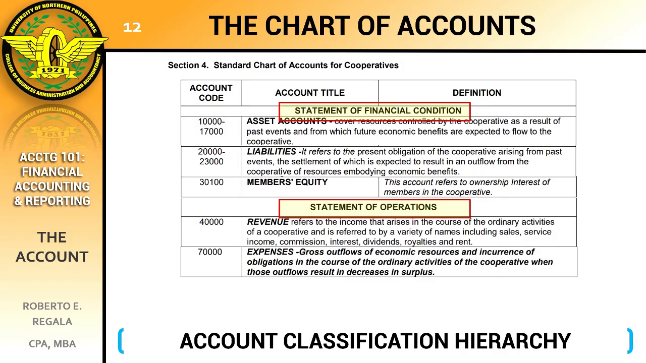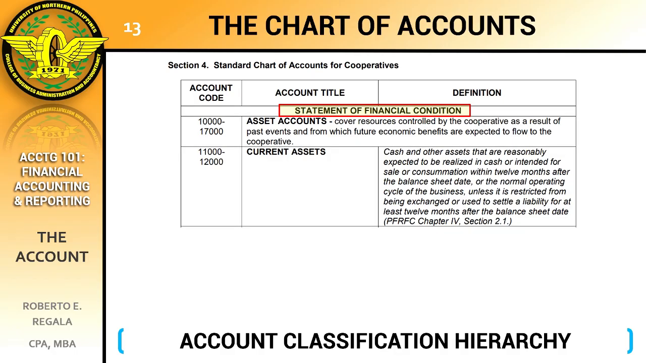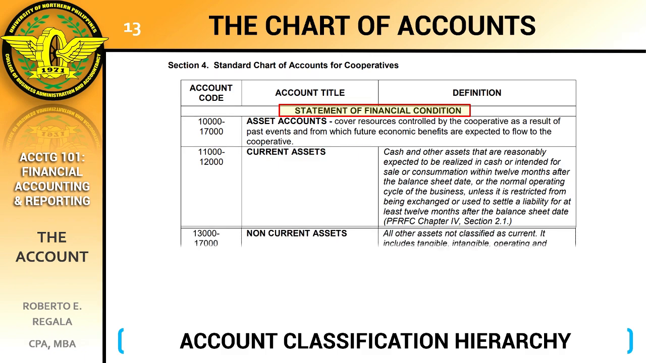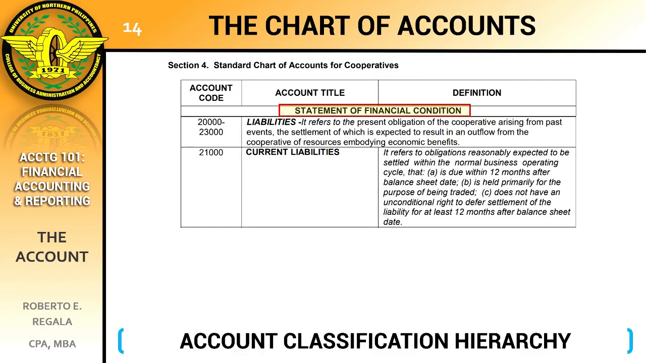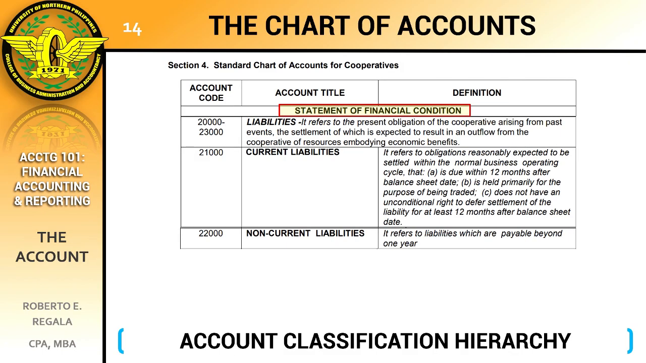Next, each of those main categories gets split into classifications or groups or subcategories, which give you more details. For assets, you've got current assets, which are things that are used or turned into cash within a year, like cash or inventory, and non-current assets, also called fixed assets, which are things that are held for more than a year, like buildings or equipment. For liabilities, you've got current liabilities, which are due within a year, like accounts payable, and non-current liabilities, which are due in more than a year,